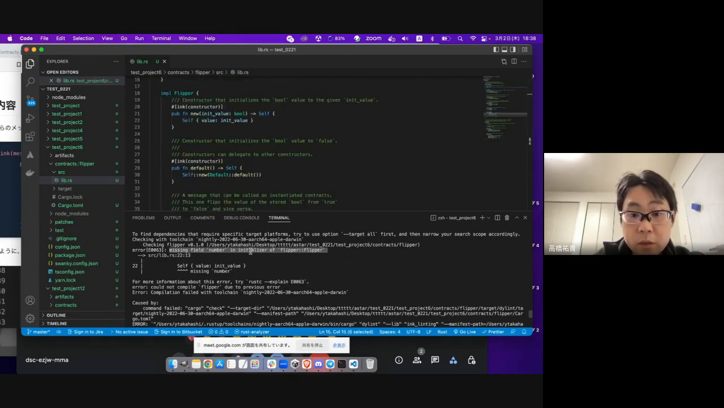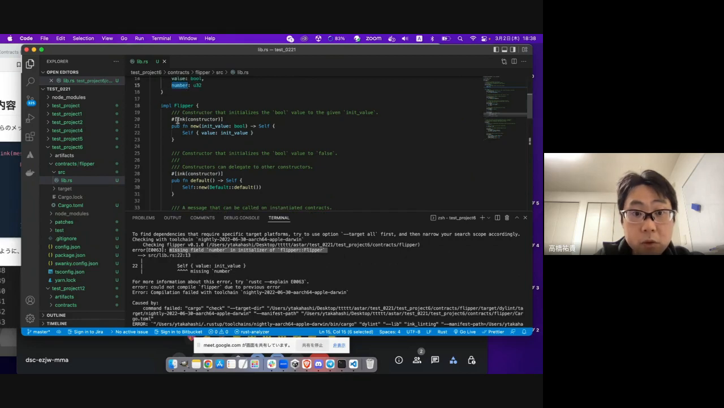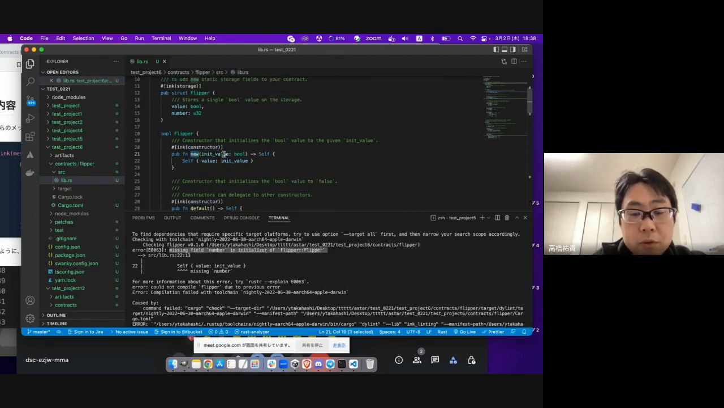And initialize the field in the constructor. The constructor is initializing the contract. And look at this function, a new function. The new function has one argument, init value, of bool type, and sets the value to init value. But this time, there's no number to set, so we have to add